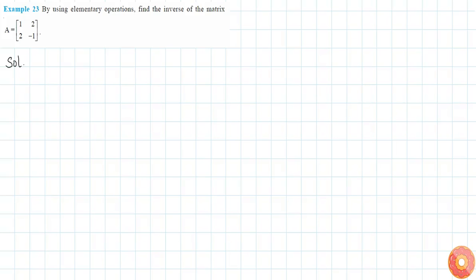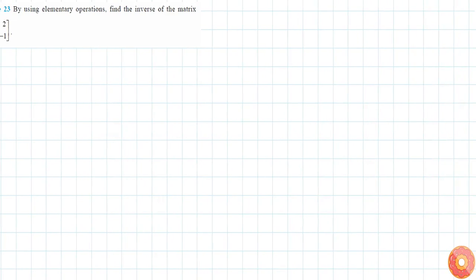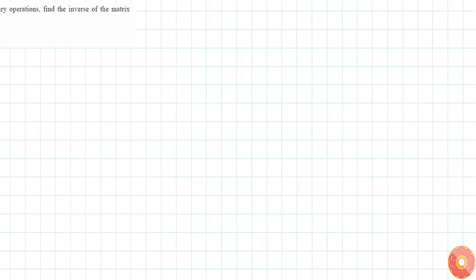In this question, we have to find the inverse of a matrix by using elementary operations. Before solving this question, let us first look at the procedure for finding the inverse using elementary operations. Elementary operations are either row operations or column operations. So we can solve it either by using row operations or column operations, but here I'll be using only row